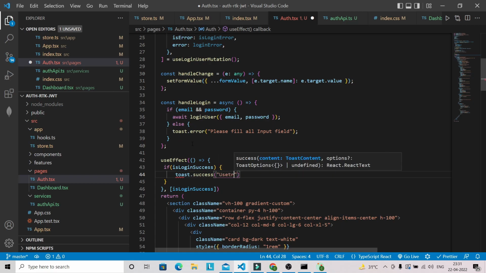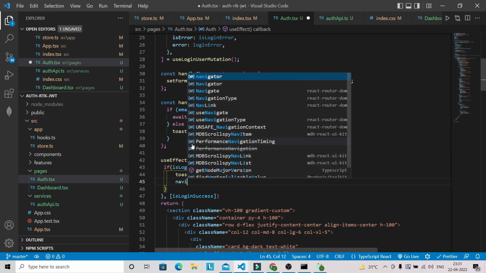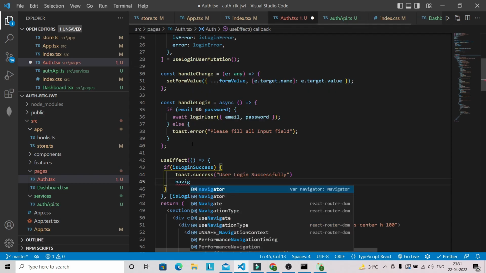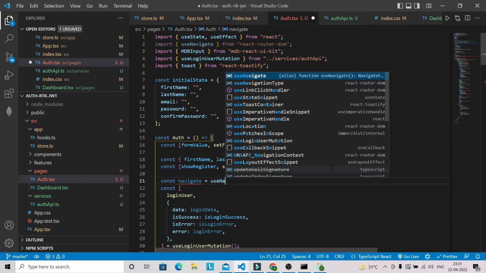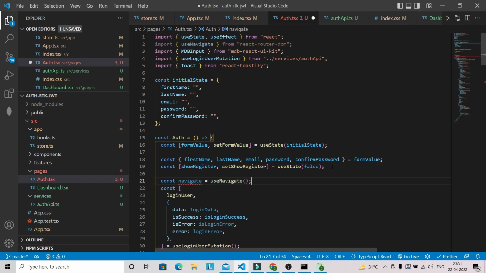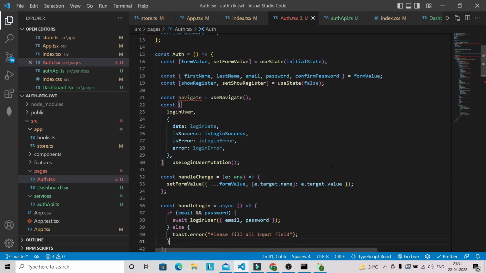We can give user login successfully, and after that I want to navigate towards the dashboard page. Okay, so here we have brought this useNavigate. So let us store the reference of useNavigate into a navigate variable. Let's save this one,